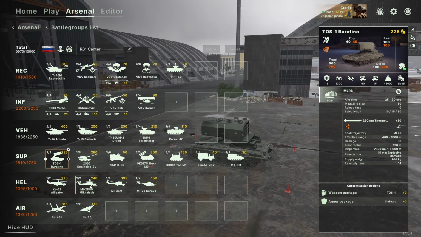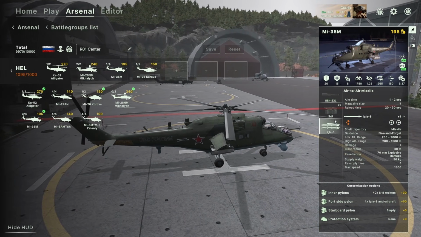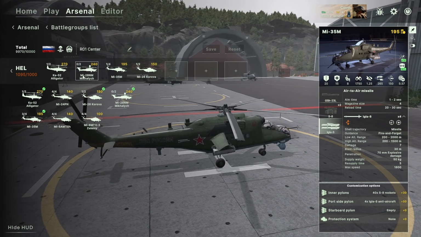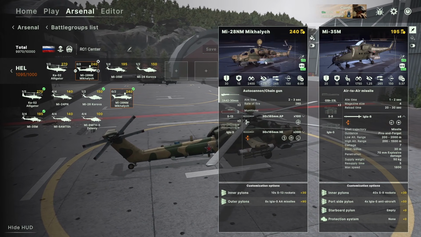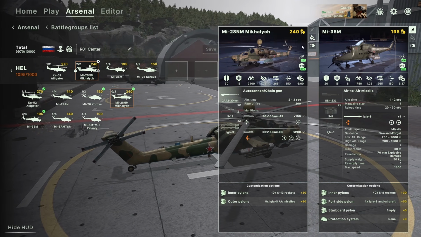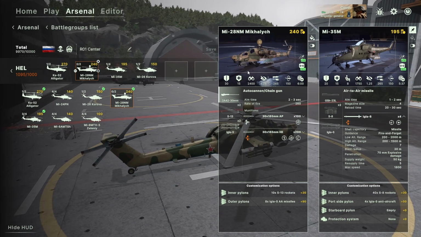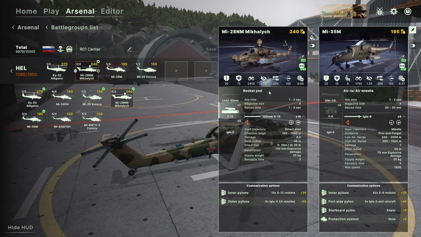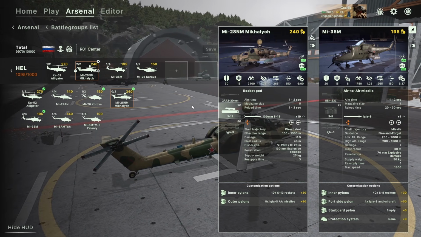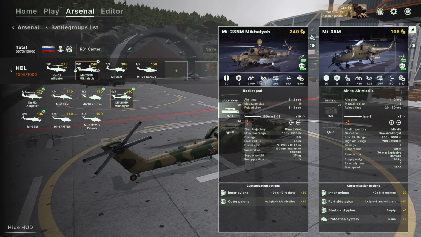Sorry. So this guy, the Mi-35, is a helicopter that people rarely bring. People normally prefer to bring the Mi-28, like the more expensive one, the most beefed up version of it, right? This is probably one of the best helicopters you can get for SHORAD, and also rockets and that kind of stuff. The best optics too,